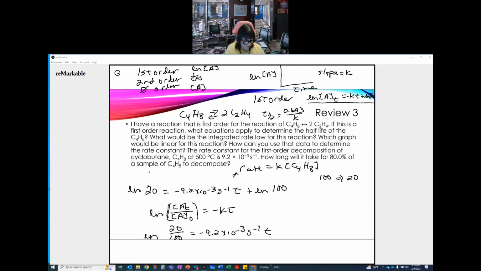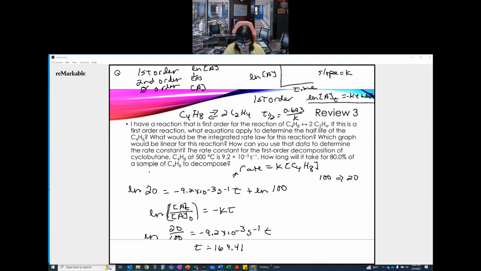So I can take the natural log of 20 over 100, and then I can divide that by negative 9.2 times 10 to the minus 3, and that gives me t is equal to